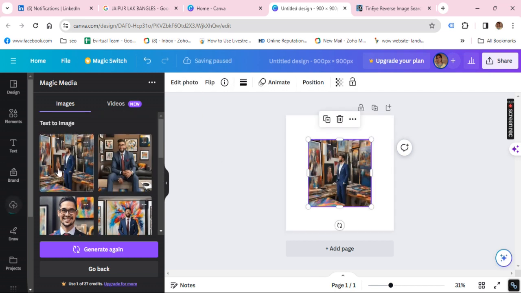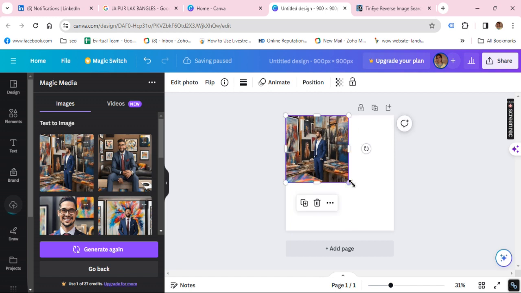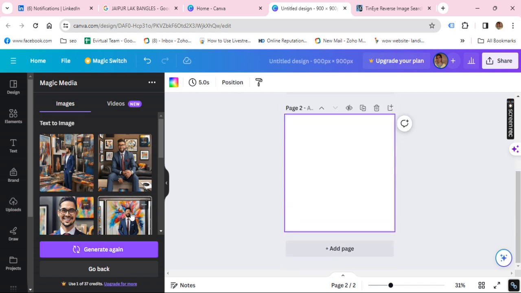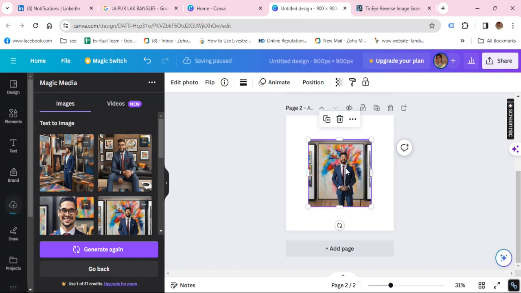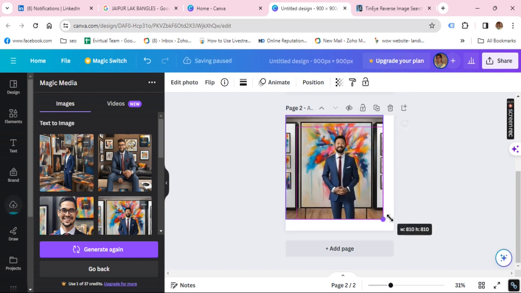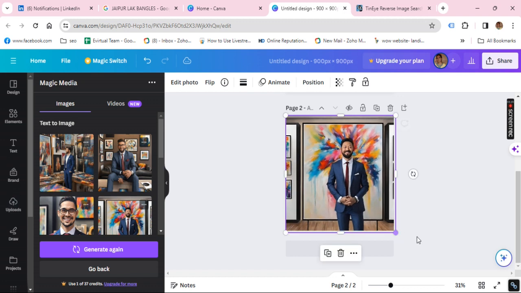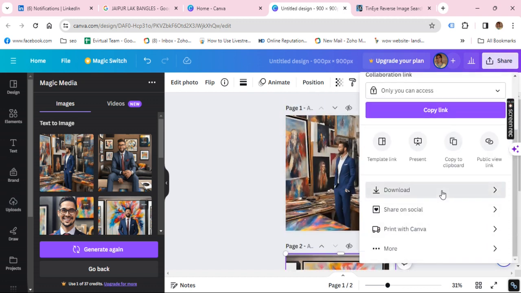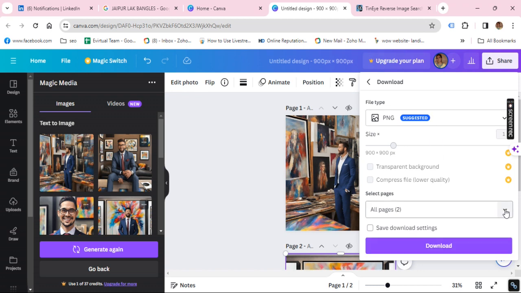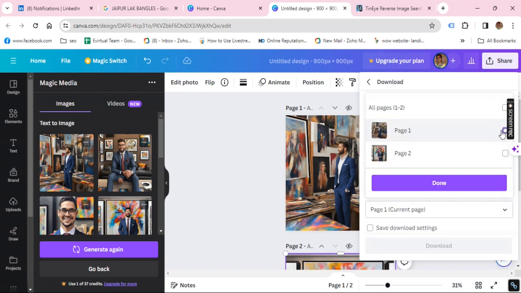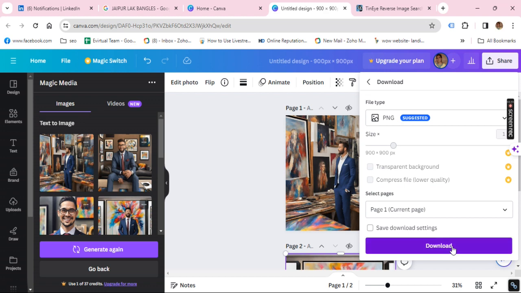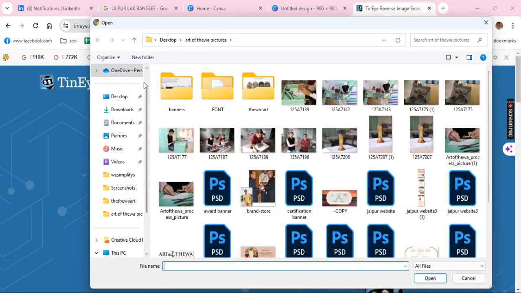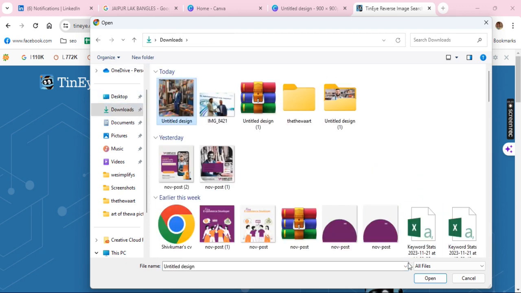So we have generated some pictures of a business owner who is selling art pieces, and then we can export this to check, we can just simply